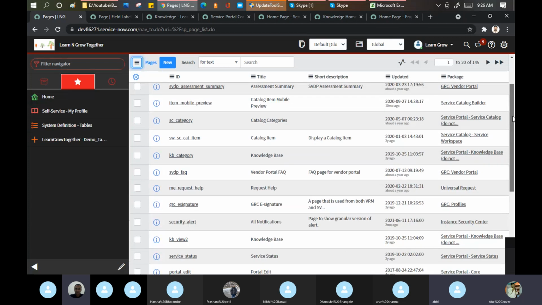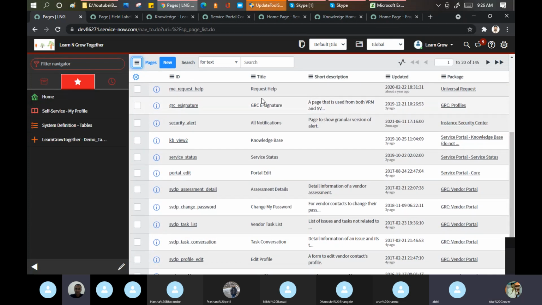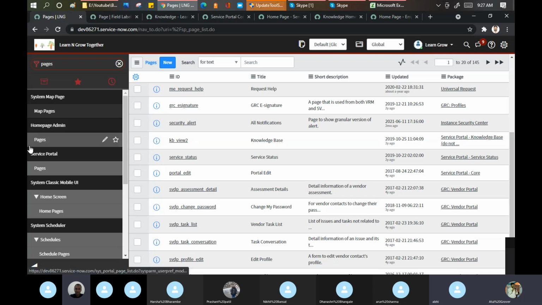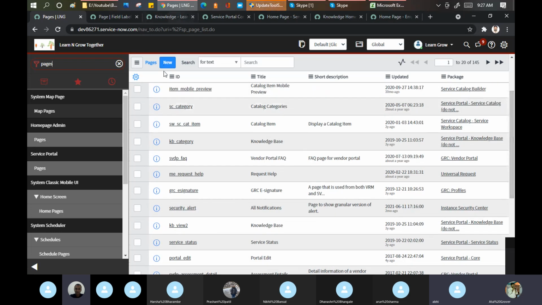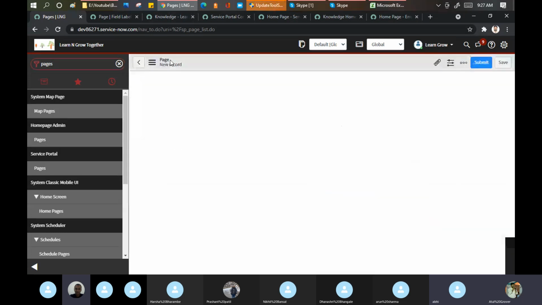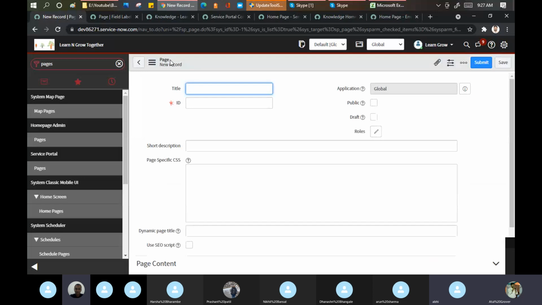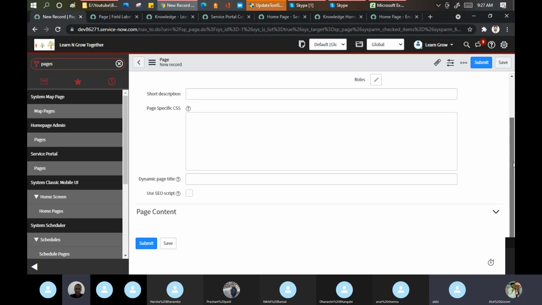You can see, this one is your page. Right. So you can search for the pages here. I guess this is available in this one, home page admin here, or service portal pages. Go here and create your own page as well. You can create your own page. The reason I say that is if you want to make any change in the portal, it will be pure customization, nothing else. If you create a new page, it will be a customization for you. You have to put your scripts properly. You have to put your CSS properly. Then it will work for you guys.